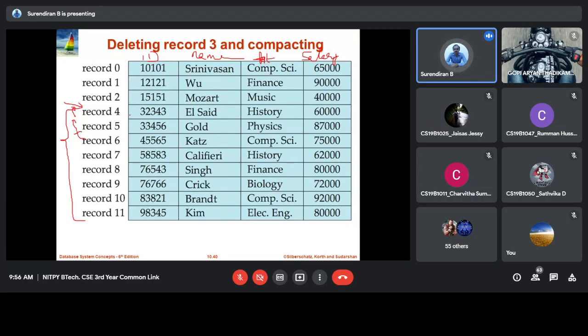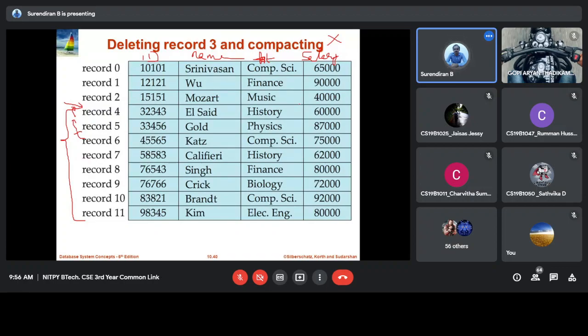It's a lot of wastage of resources, unnecessary reading and writing for a single deletion. Here only 11 records are there, but if you have 1,000 records, each deletion will take a lot of time to compact. So this is not mostly used. Compacting is very costly.